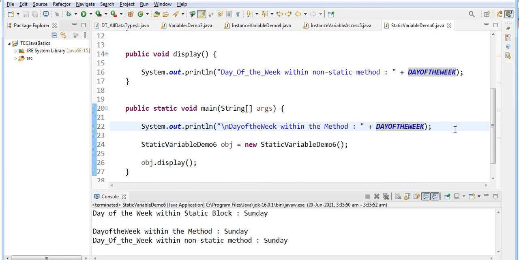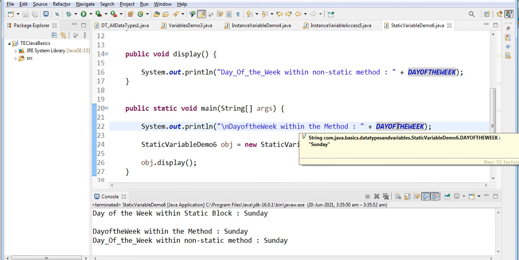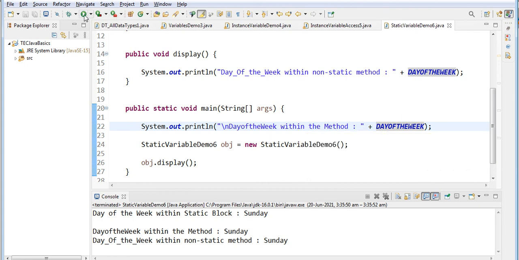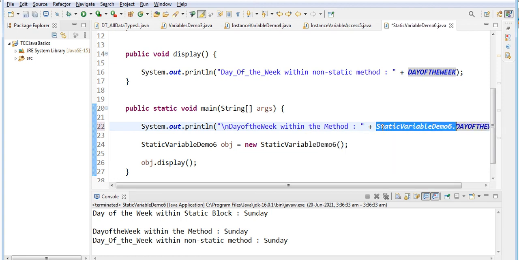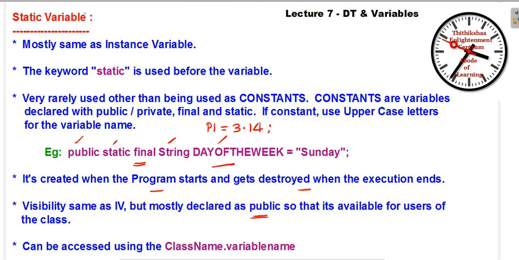You can do it directly also. So within the static or non-static method or the static block, you can call it directly. Otherwise you can use the class name also. You can call it with the help of the class name dot variable name.